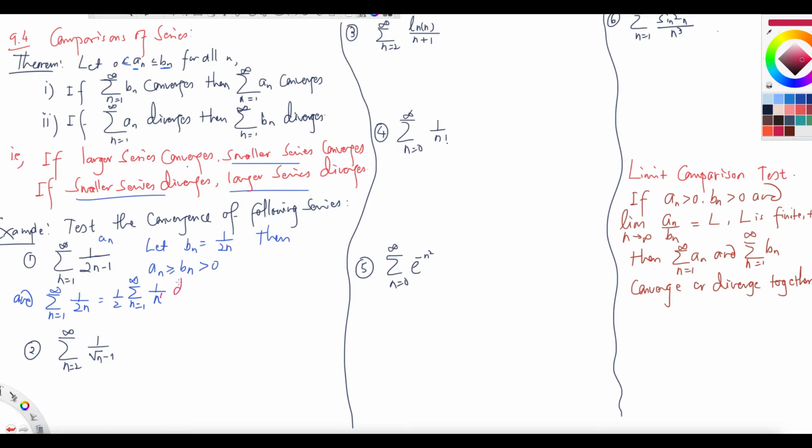And this diverges. So what diverges? The smaller series diverges, because you see that the series of the Bn diverges. So the bigger one is the series of An. Hence, by comparison test,